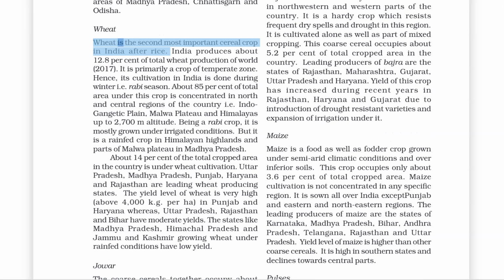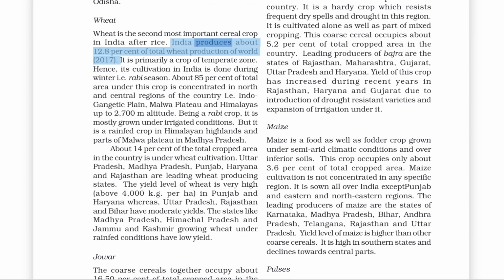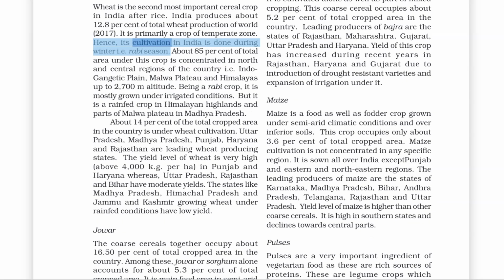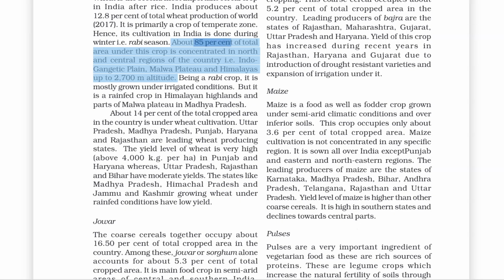Wheat. Wheat is the second most important cereal crop in India after rice. India produces about 12.8% of total wheat production of the world in 2017. It is primarily a crop of temperate zone. Hence, its cultivation in India is done during winter, i.e. Rabi season. About 85% of total area under this crop is concentrated in north and central regions of the country,